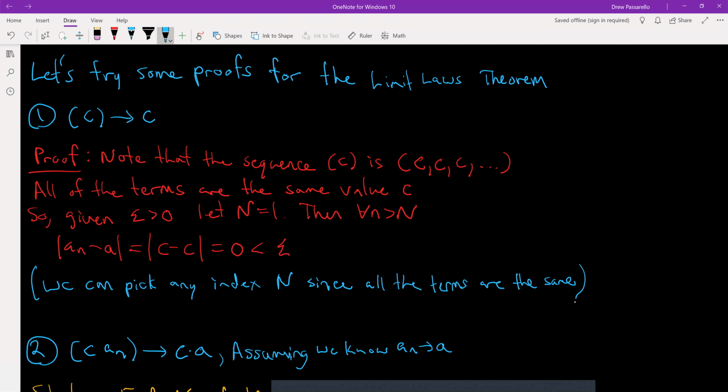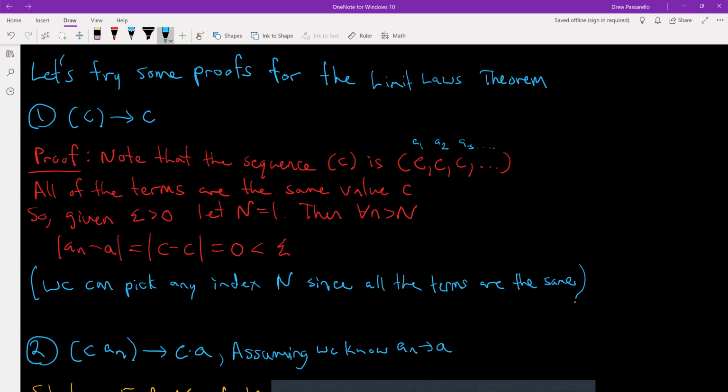And this proof is pretty simple. Note that the sequence C is the constant sequence, so all of the terms are C. So you have C, comma, C, comma, C. So our a1 is C, a2 is C, a3 is C, and all of them are the same value C. So since they're all the same value C, given epsilon greater than 0, we can let capital N be 1. So we're letting capital N be the index of the first term. Then for all the indices n bigger than capital N, we have that